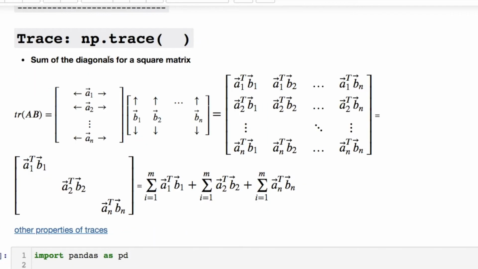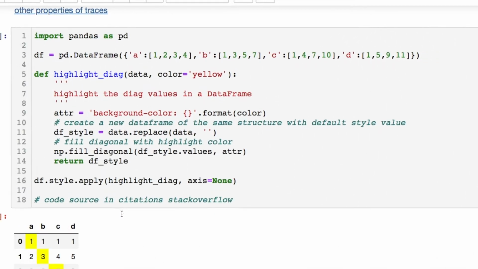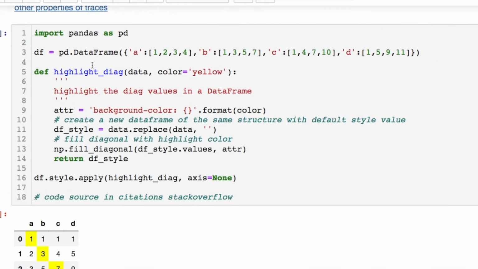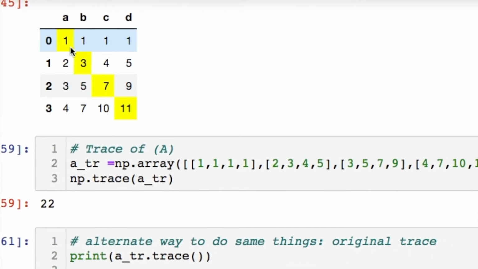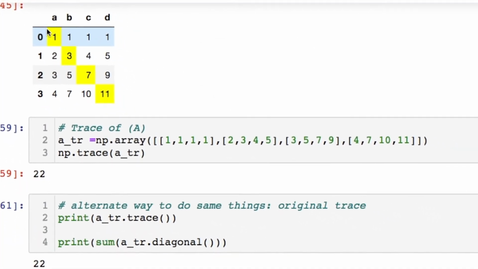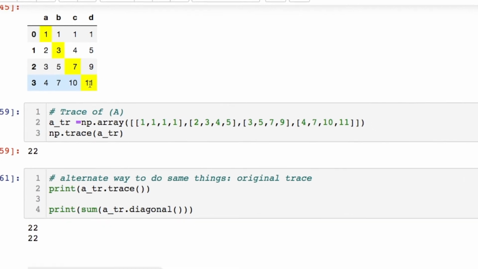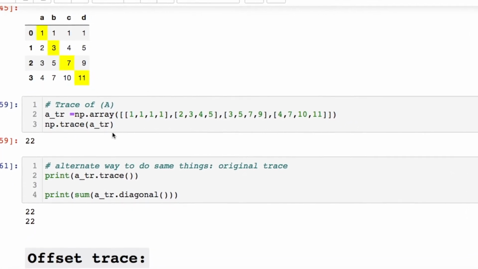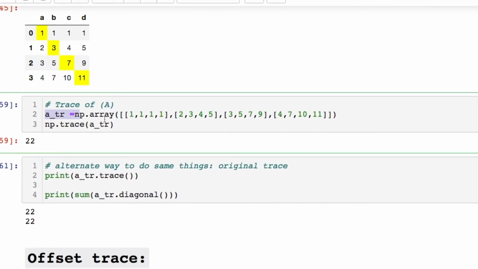We can do a trace. Traces come up quite often, where you're summing the diagonal portions of your matrix, and that's just np.trace. Let's look at something. I plucked this from Stack Overflow, but it's going to illustrate what we're going to do next. We have this matrix set up like this, and what we're trying to do is count everything that's on the diagonal in the yellow. It's set up here with our NumPy array. Pay attention to the brackets. You just throw in your trace and it equals 22.